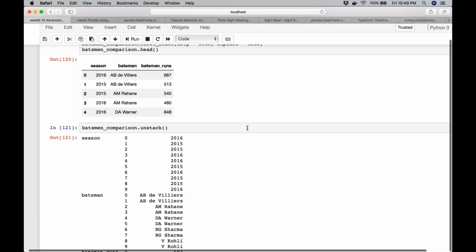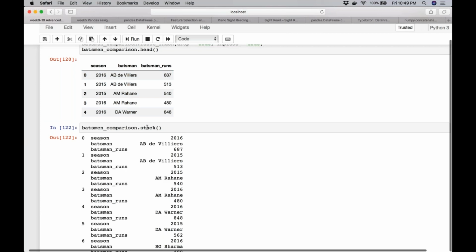What is it doing? It is just picking the season. So it got the season, then the indices and each and every value here. Similarly, if I stack, what will happen?